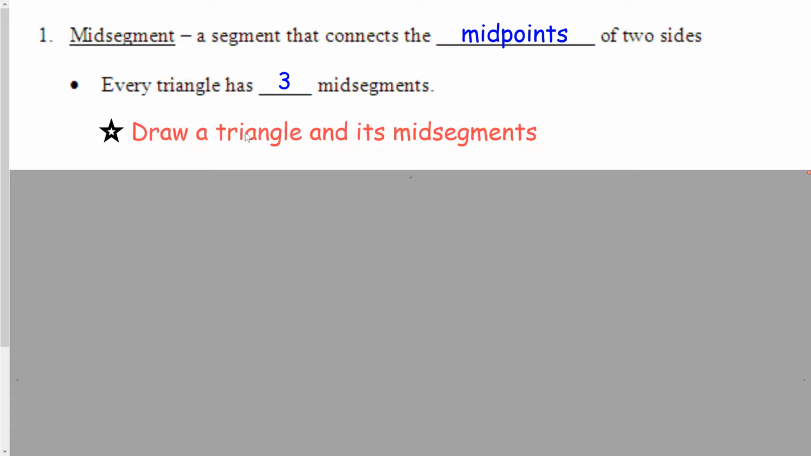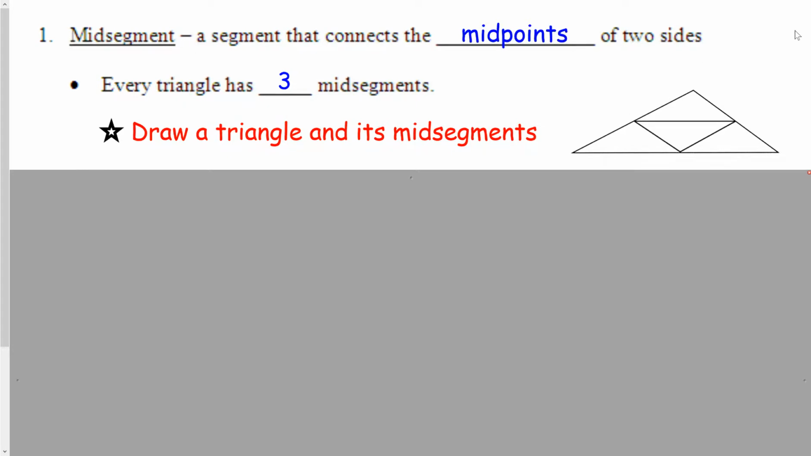What I'd like you to do real quickly is draw a triangle on your paper. And then once you have a triangle, just eyeballing, you don't have to measure, you don't have to actually construct these, I need you to draw in your midsegments. So here's a random triangle that I chose to draw, and if I draw in my 3 midsegments, I would